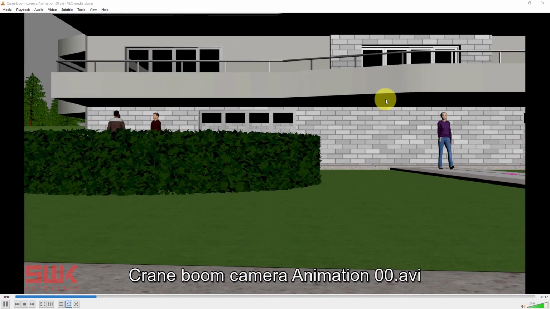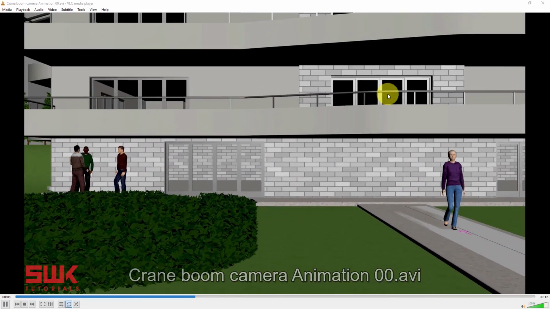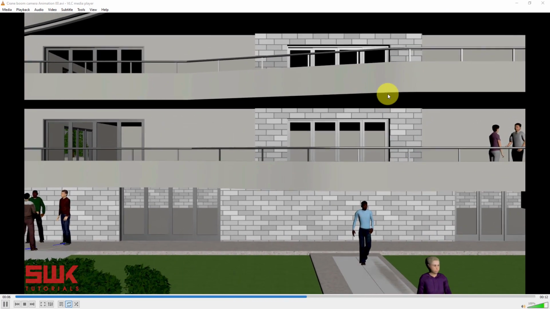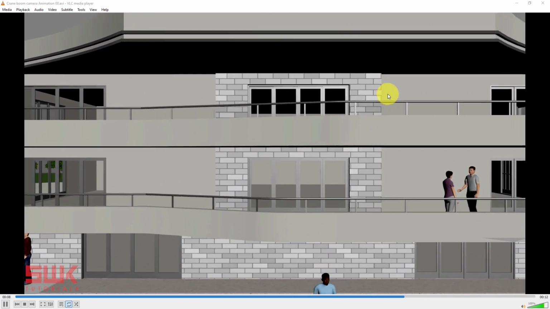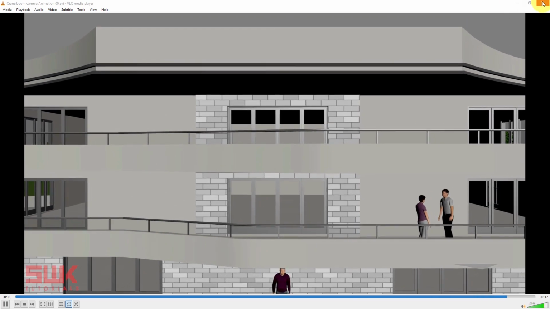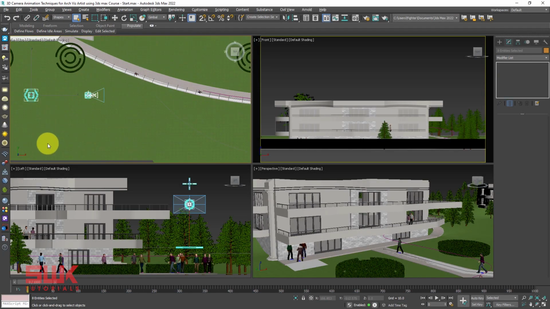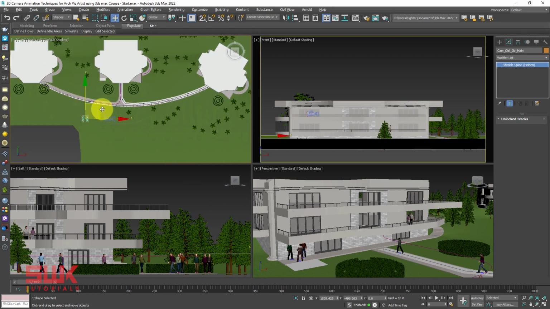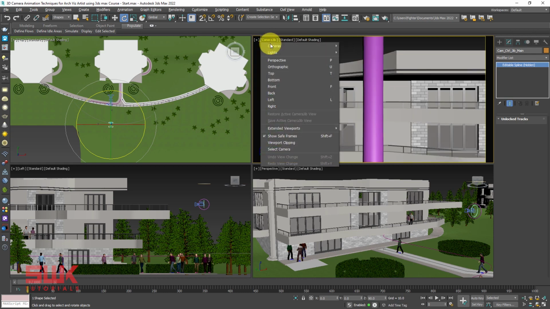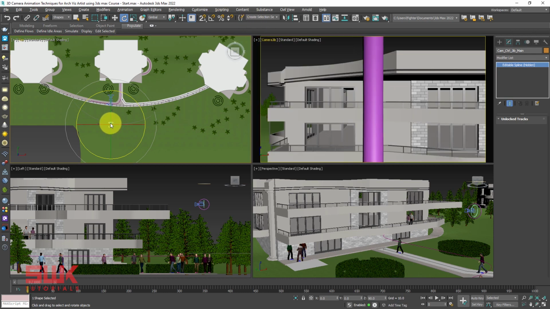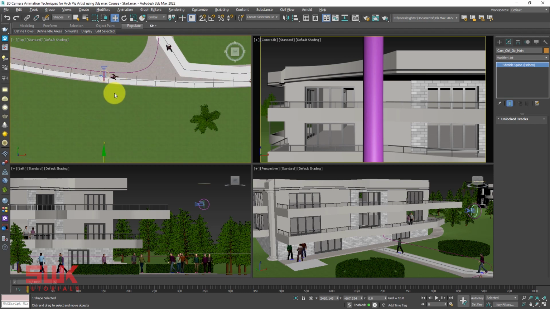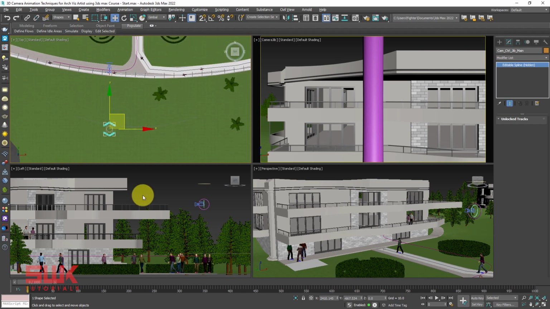Now guys, if you want to do this kind of animation, what you have to do is again click here and bring your rig somewhere here like this, and then rotate it like this, and make sure it is set to camera and show safe frame is on. Then this is the character where I want to place my camera.